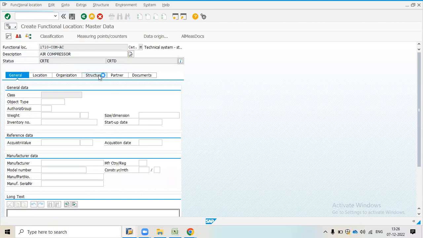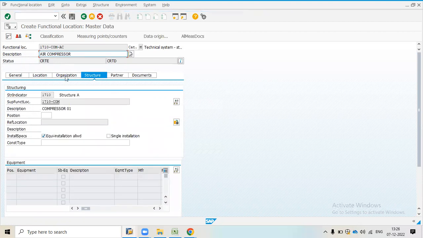After that I will come on structure tab, and you can see previous organization structure come automatically, because I have only added AC after 1710-COM. That's why it is taking automatically.